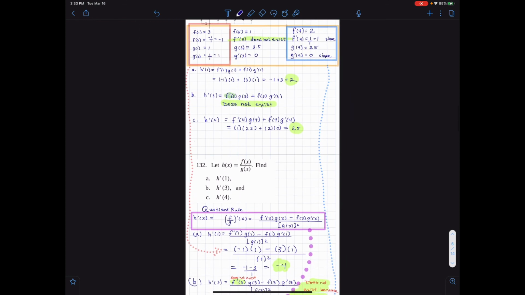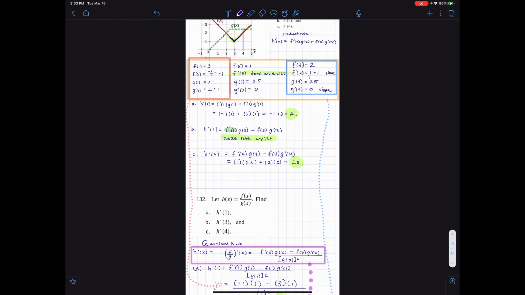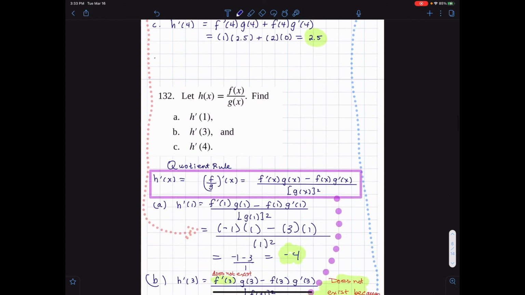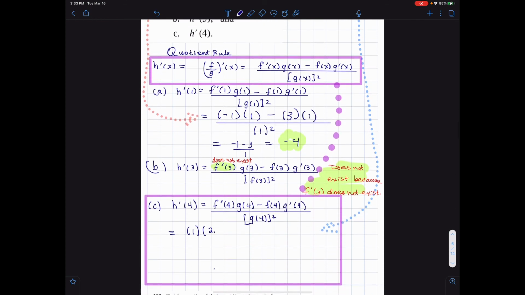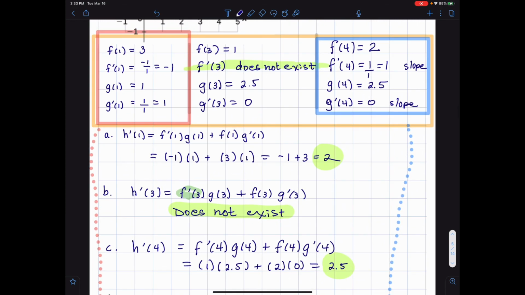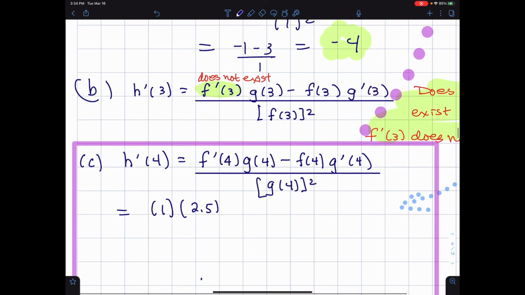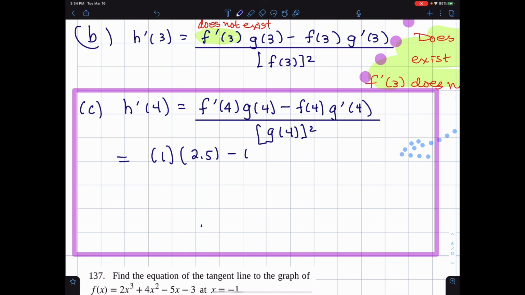F prime of 4 is apparently 1. G prime of 4 going all the way up to the top is 2.5. See, we have them all written down here. Okay, let me zoom in. We have f of 4, f prime of 4, g of 4, g prime of 4. I'm just going to put all those in there. So f of 4 is 2, f prime of 4 is 1, g of 4 is 2.5, g prime of 4 is 0. So let's see. F of 4 is 2, so I'll put minus 2, and g prime of 4 is